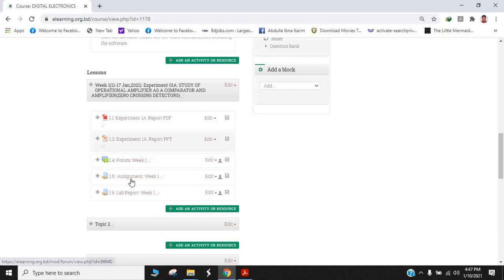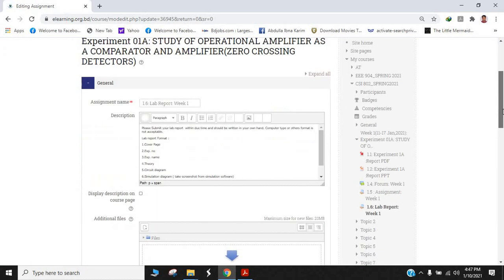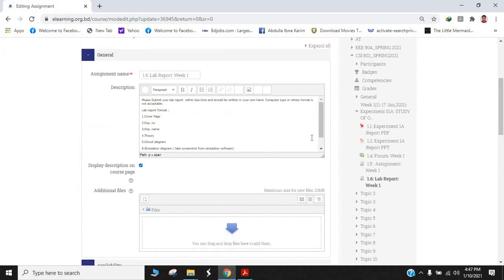And then the assignment. In the assignment folder, you have to give the simulation save project file. You have to give the simulation file here. And this is the lab report. In the lab report folder,